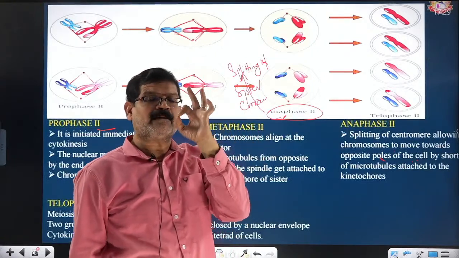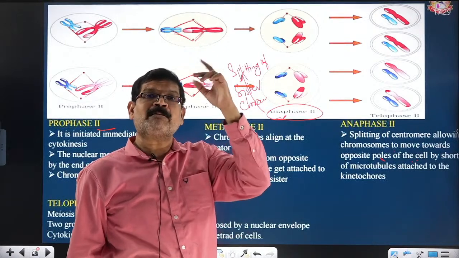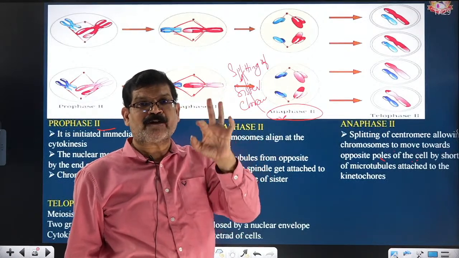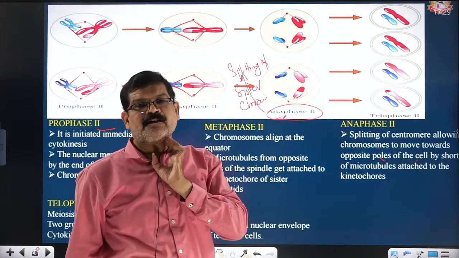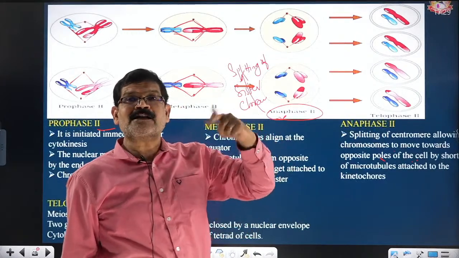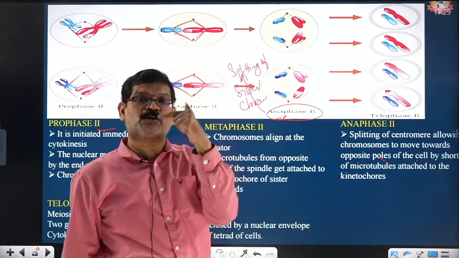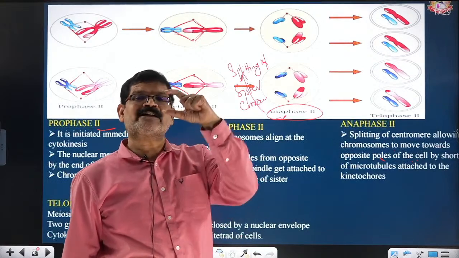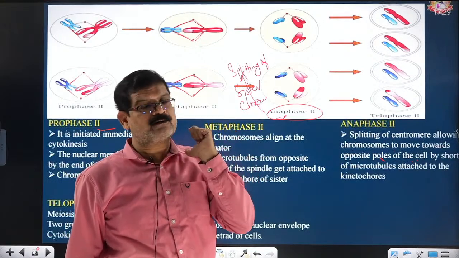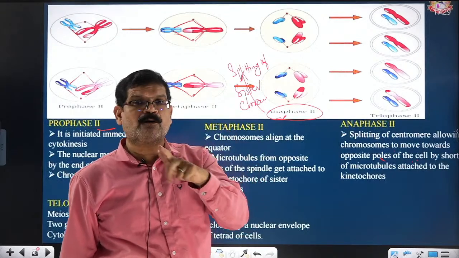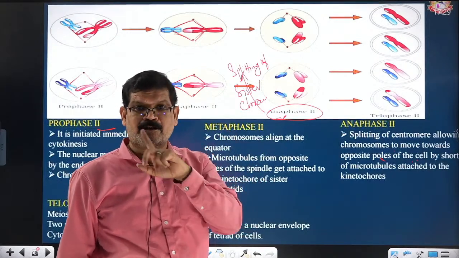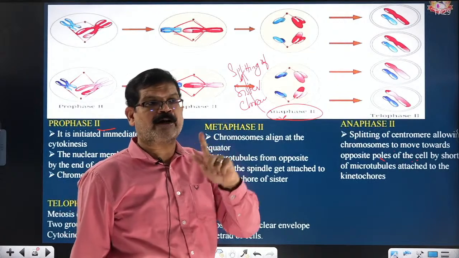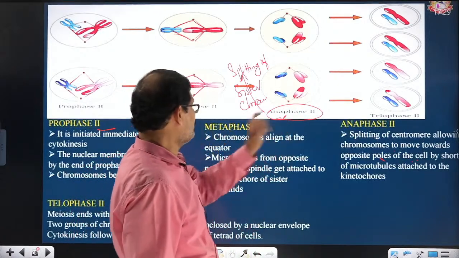Very, very important one. In normal mitosis division, the splitting happens in anaphase. Here in meiosis division, only in anaphase 2 you find the splitting of the centromere. In anaphase 1, splitting of the centromere does not happen. That is another important point, you have to mark it. Another important thing,